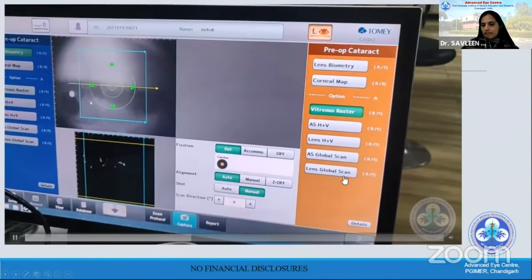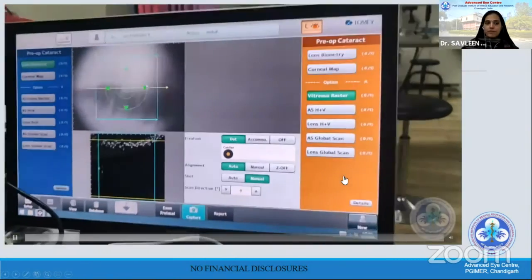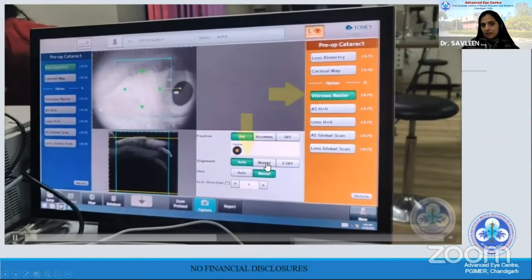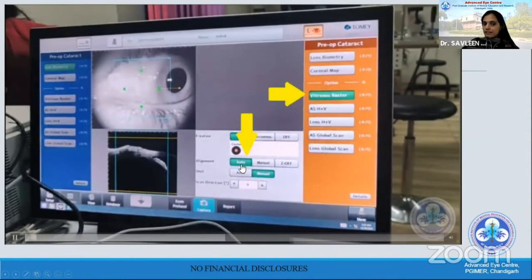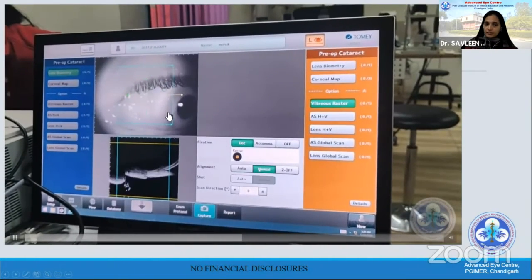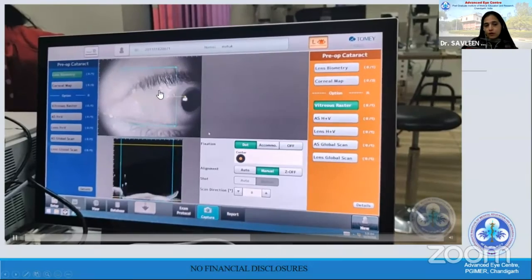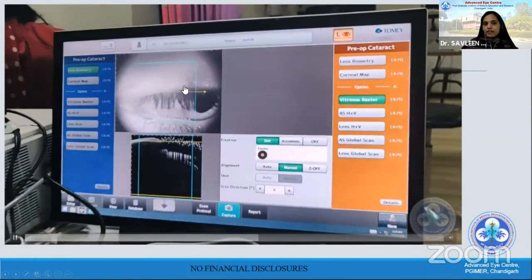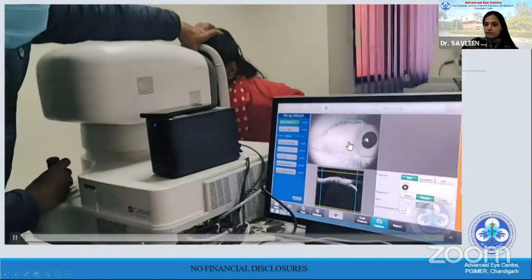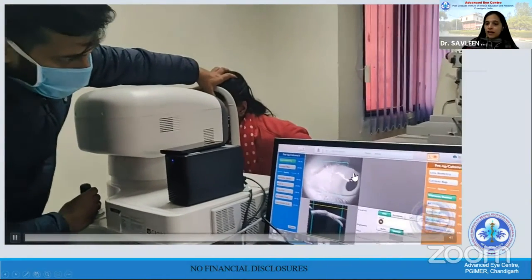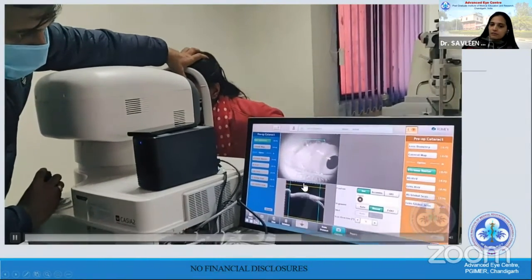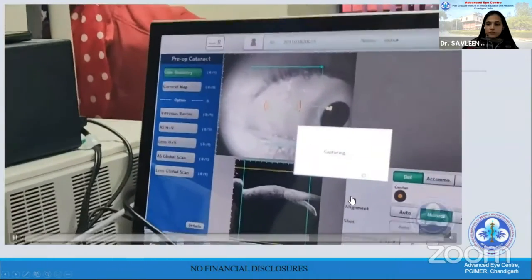You have global scans as well, which go beyond 14 mm from the limbus. You have to switch sometimes to a manual screening because automatically it will just focus on the lens. So manually, you try to locate where the extraocular muscle insertion distance can be. When you have quite a lot of scarring, you see here the technician will try to lift the lid because we want a particular section and area of the muscle to be imaged. And once you have localized the muscle, you try to bring the angle as well as the muscle in the same frame.